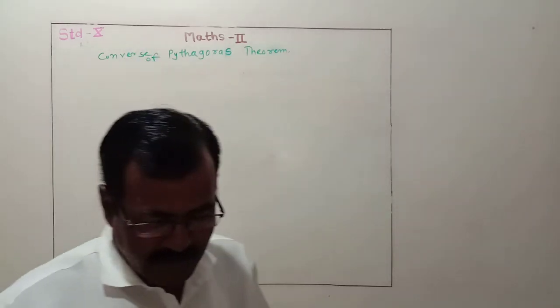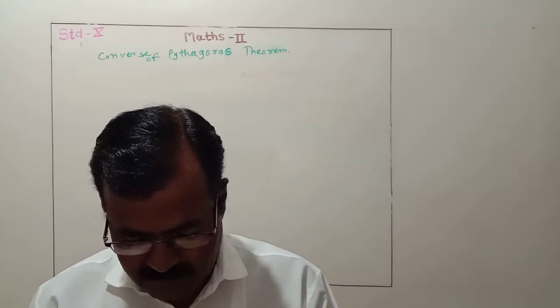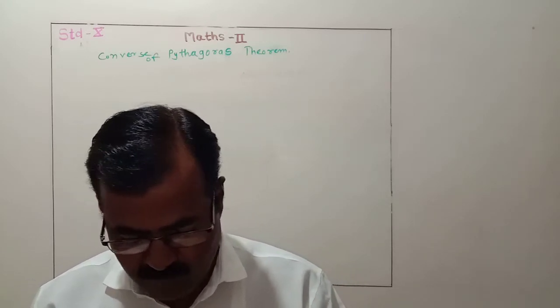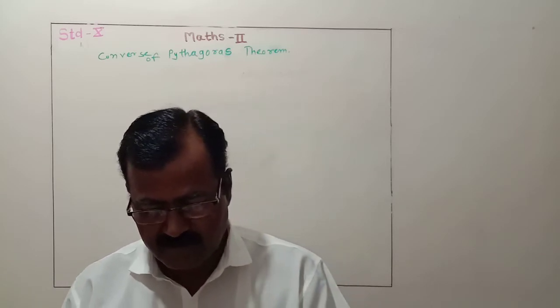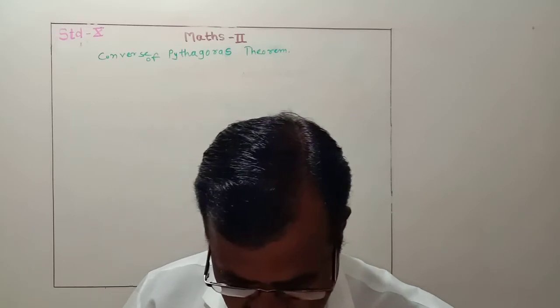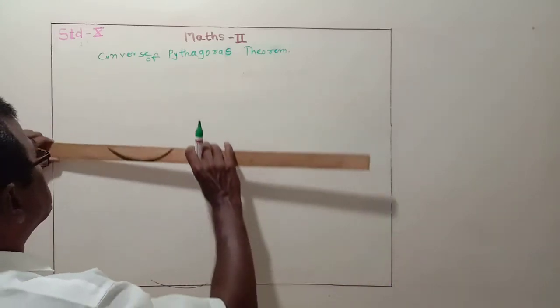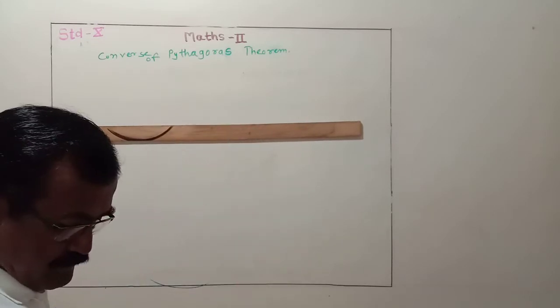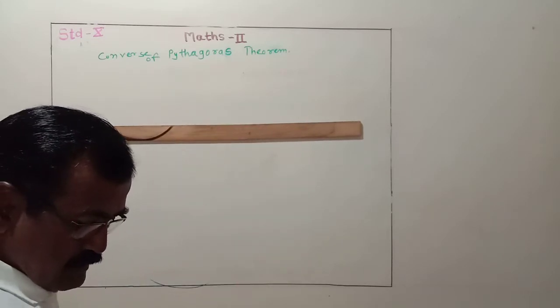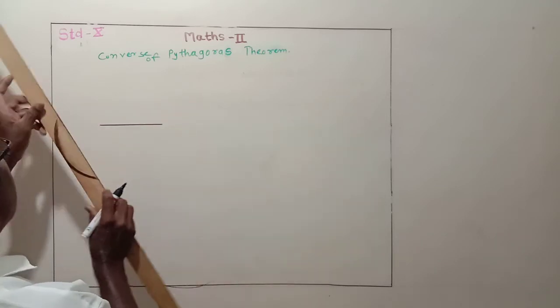Converse of Pythagoras theorem: in a triangle, if the square of one side is equal to the sum of the squares of the remaining two sides, then the triangle is a right angle triangle. For this converse, we take triangle ABC. In this triangle ABC,